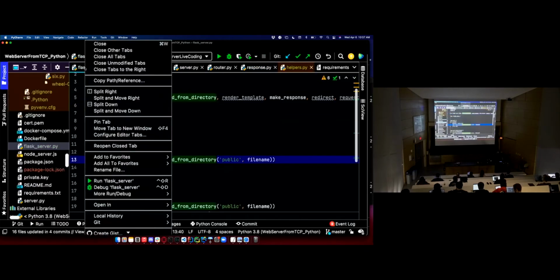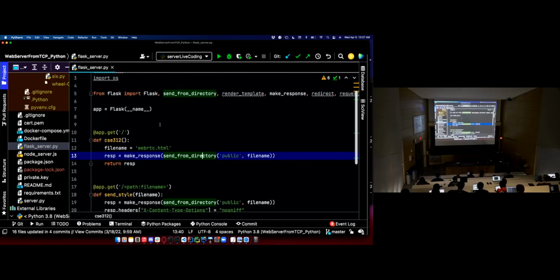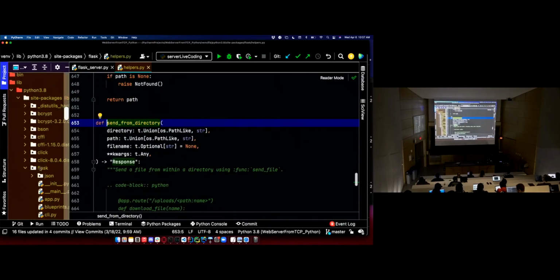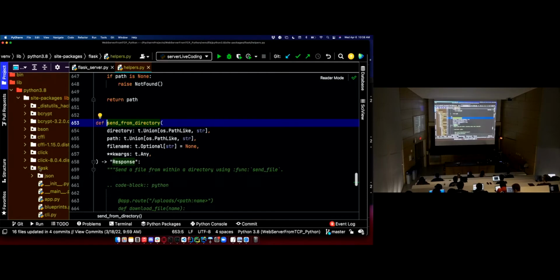There's my Flask one. But you can also do this for code that's not yours. So send from directory, if I Control-click this, it's going to take me into the Python libraries, the libraries that I've downloaded using pip in this case, and show me the source code for that library, as long as I have the source code downloaded on my machine. So this is where PyCharm really shines. This is why I wasn't using VS Code for this, which I assume you can do the same thing in VS Code. You probably got to install 3 plugins, and I just don't want to. PyCharm, it's got it set up correctly. So here's the code for that.